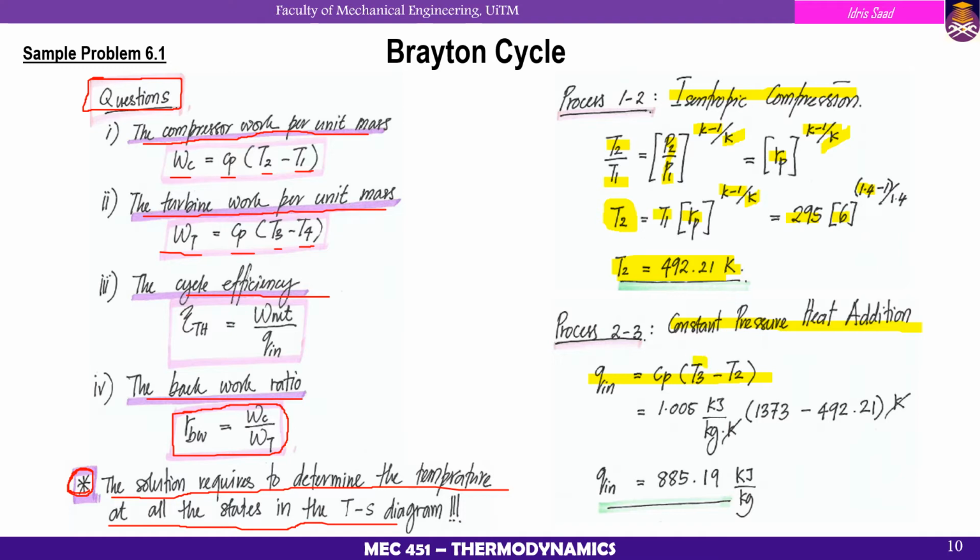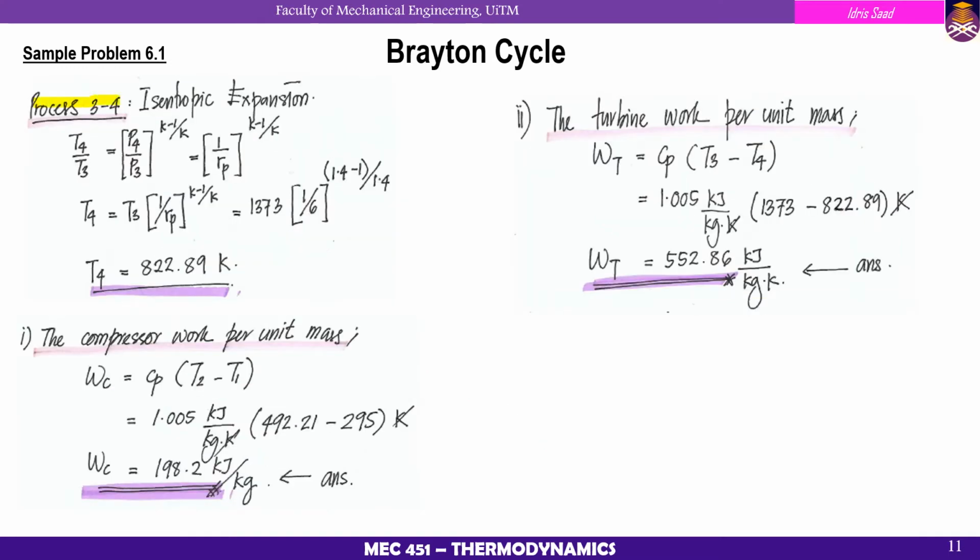We have T3, which is 1373 Kelvin, and T2 we just calculated is 492.21. So now we can calculate Q in. This value of Q in we can use for the efficiency, so we need the Q in. Now we already have the value of Q in. Okay, next